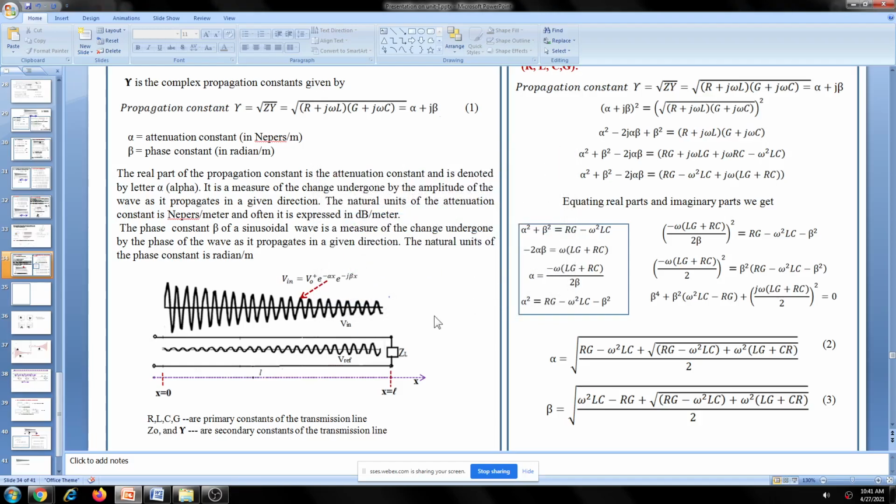That gives the change in the phase of the signal by the time the signal reaches this position. It's correct, phase constant. So what's the meaning of that? See, we are at t equal to 0, we are sending a signal, and at some time, t equal to 2 seconds, it will reach here. You measure the phase of the signal here. After 2 seconds it will come here, and at the same time, after 2 seconds, you take the signal present here and the signal present here.